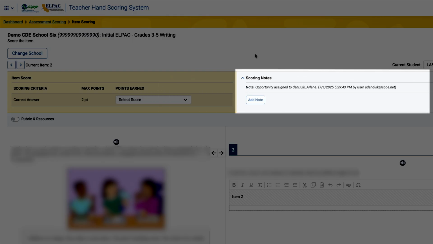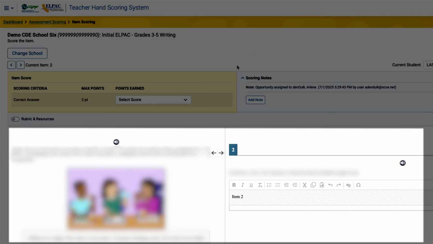The Scoring Notes section displays the users previously assigned to the items, along with any notes or messages they have included. It displays all users, the date of the note, and the text of the note. Moving down the page, the item prompt is visible along with the student response. Depending on the size of your computer monitor, you may need to scroll to view the entirety of the prompt